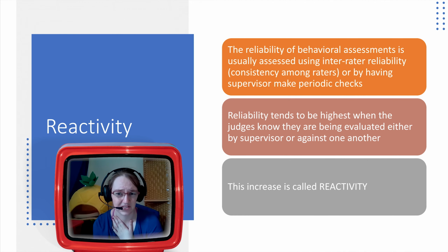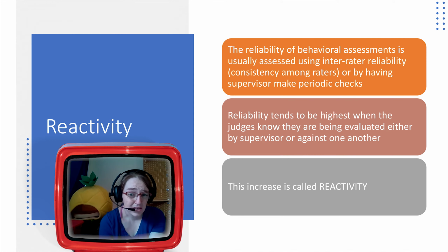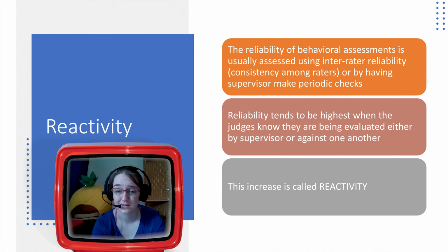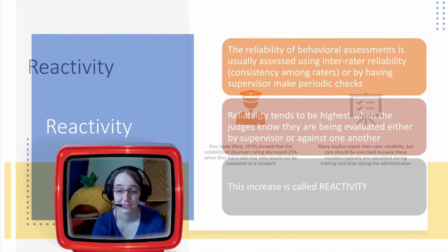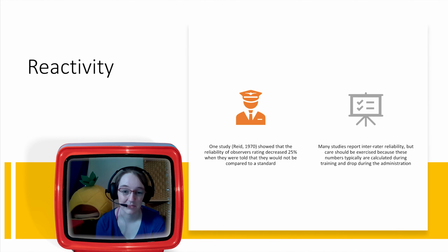Reactivity: the reliability of a behavioral assessment is usually assessed using inter-rater reliability, so consistency among raters, and or having supervisors make periodic checks. Reliability tends to be highest when judges know they're being evaluated either by a supervisor or against one another. This increases reactivity. So when you know you're being assessed, you are more consistent, which is concerning. One study found that reliability ratings decreased when they were told they weren't being compared to a standard, decreased